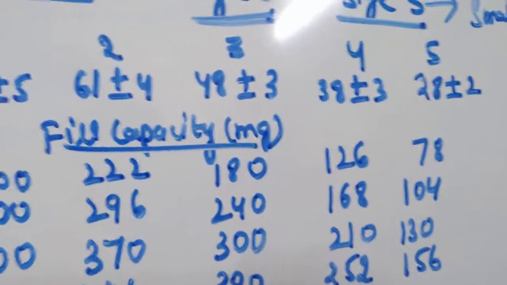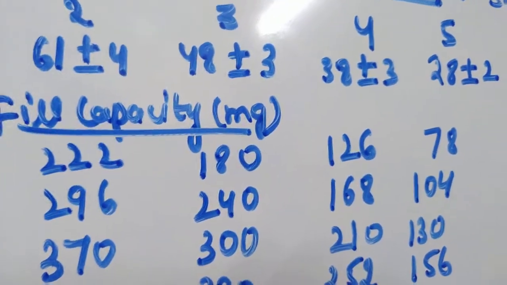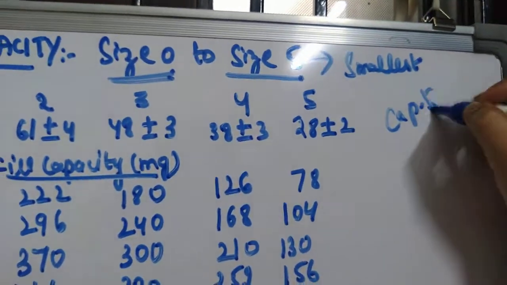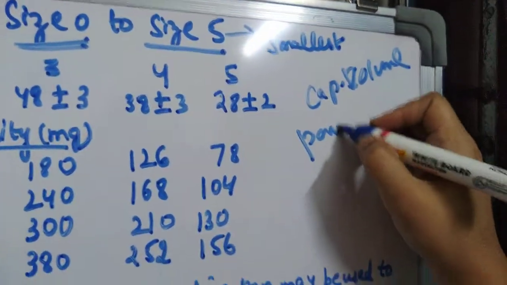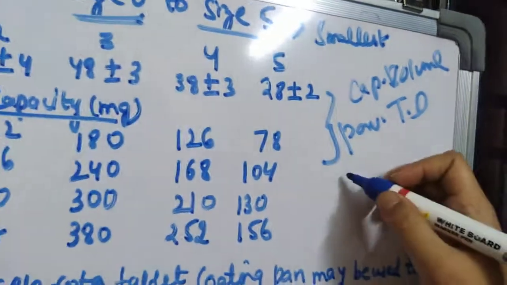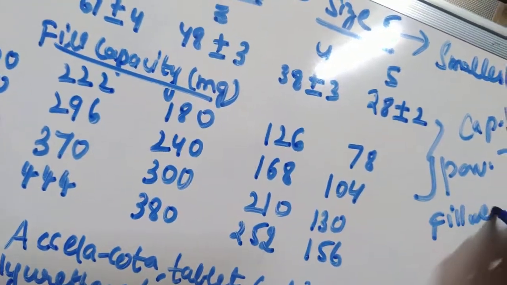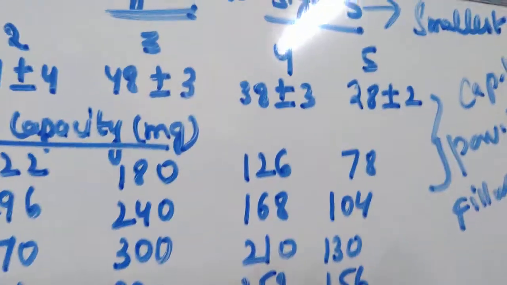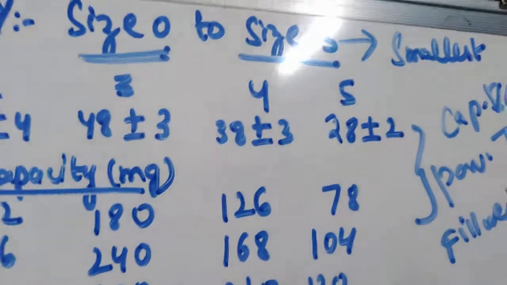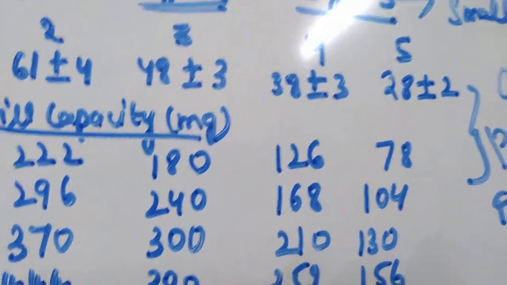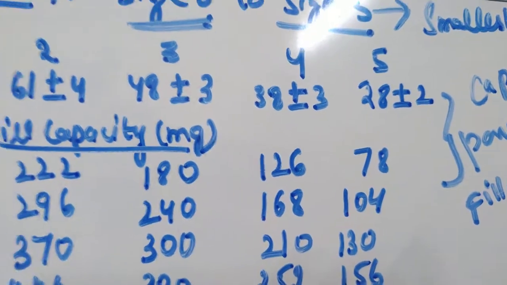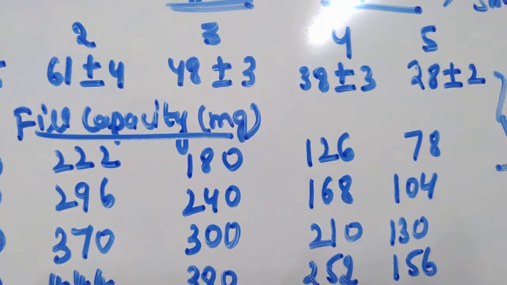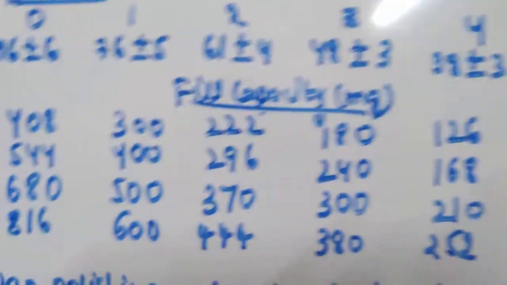Then the fill weight for powders is calculated by multiplying the powder tapped density by the capsule volume. So you will have the capsule volume and the powder tapped density, and by multiplying these two, you get the fill weight of the powder. The fill weight of the powder is equal to the capsule volume into the powder tapped density. The fill volume varies with the amount of pressure employed in hand filling or with the type of equipment. Based on the pressure you are utilizing, whether hand operated or machine operated, the fill volume will vary.